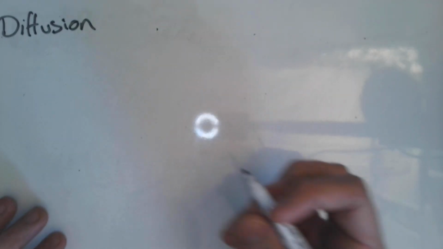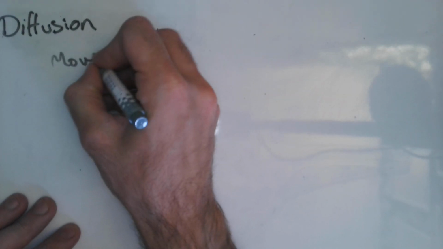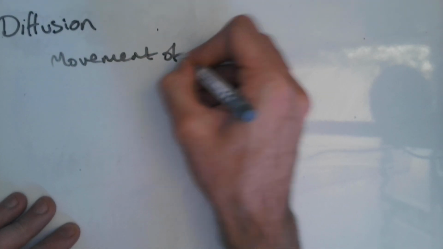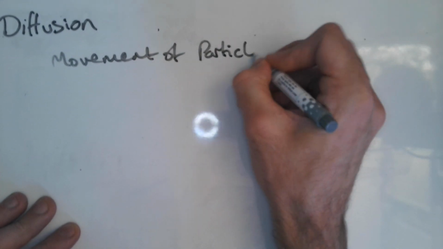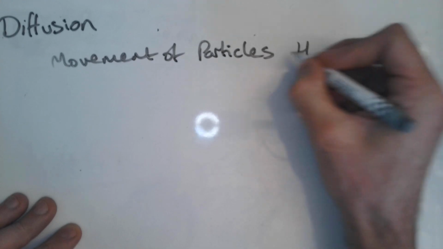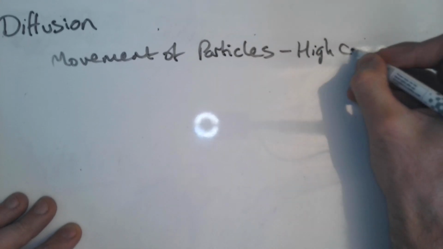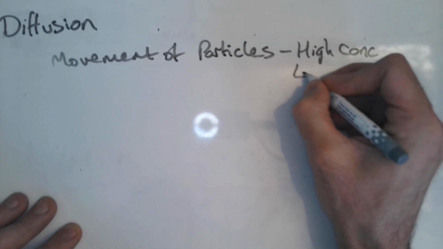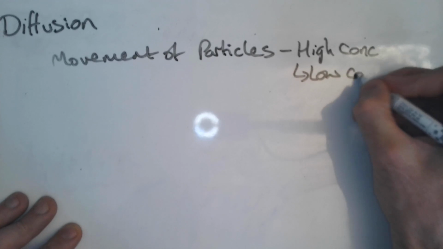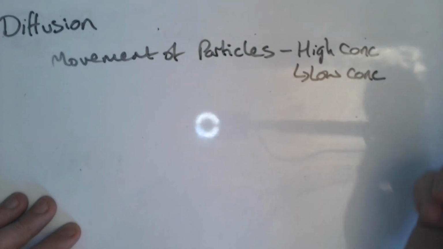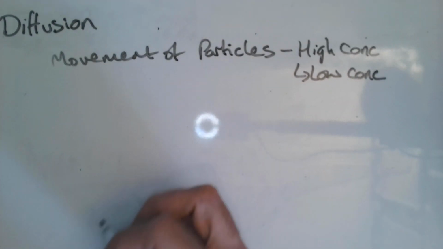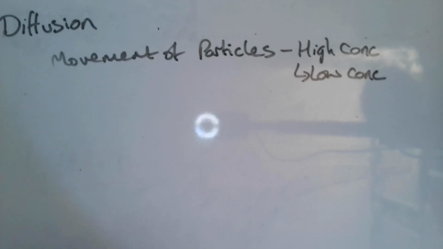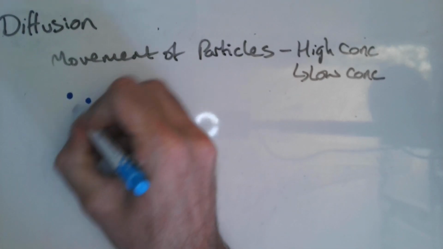So today we're going to be looking at diffusion, and diffusion, very simply put, is the movement of particles from a high concentration to a low concentration over time. So if we look at that in a diagram, we would have our particles here, where we've got